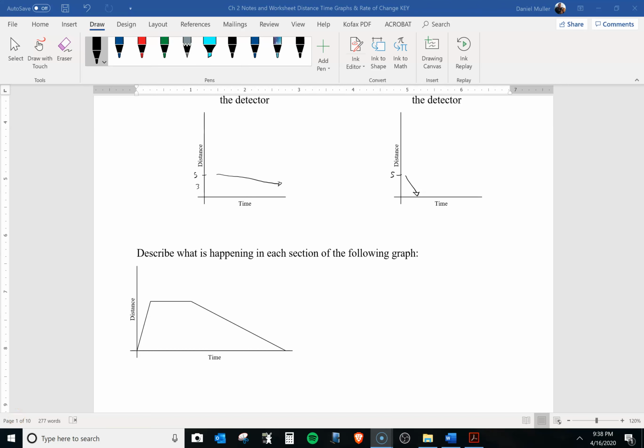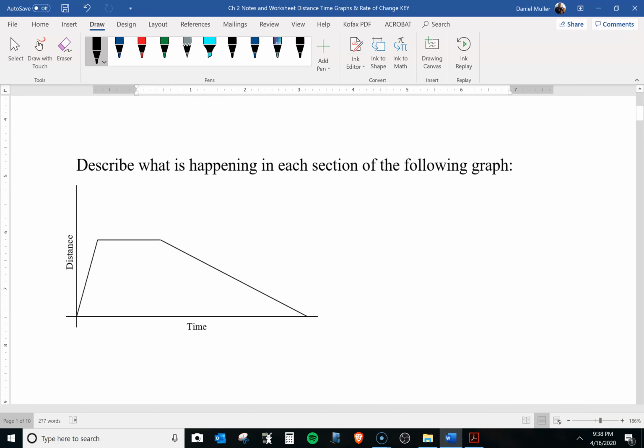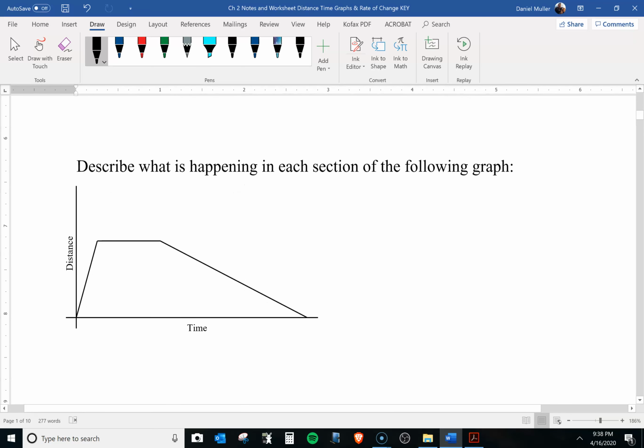Okay, so describe what's happening in each section of the following graph. And so we're going to use this idea of a detector. We're walking to and from, I guess, some sort of detector. And over the side here, it says distance. That's the y-axis, y. And let's just say that right here, that's when we're right